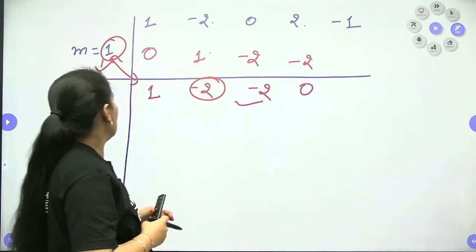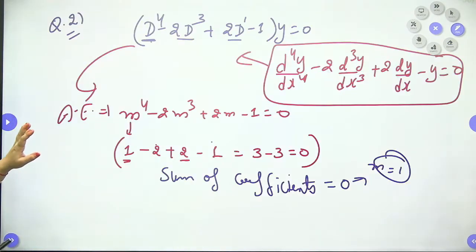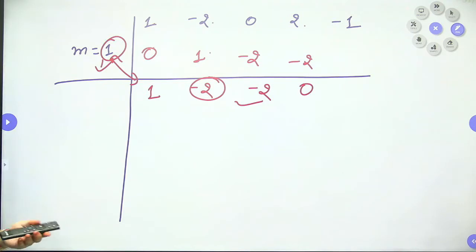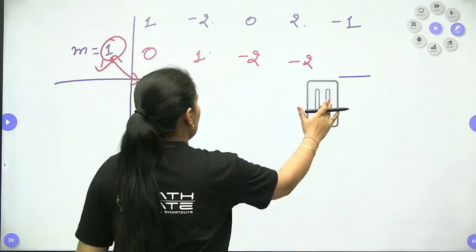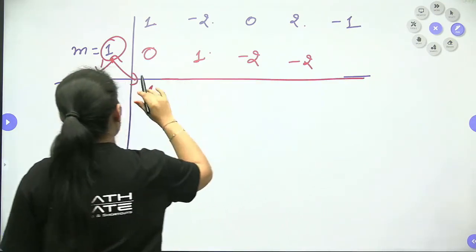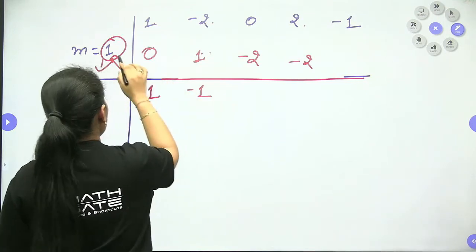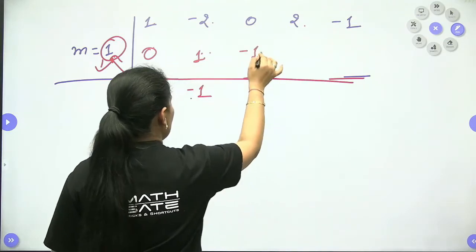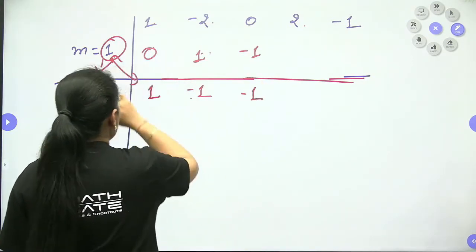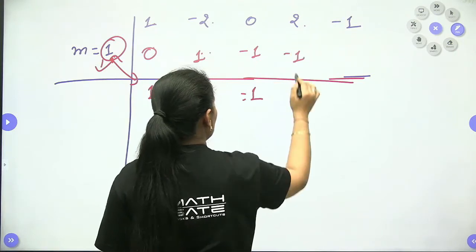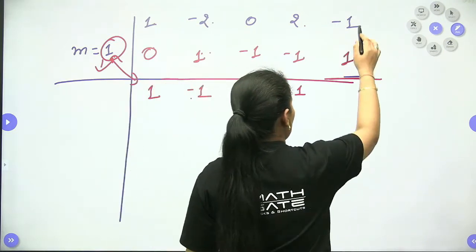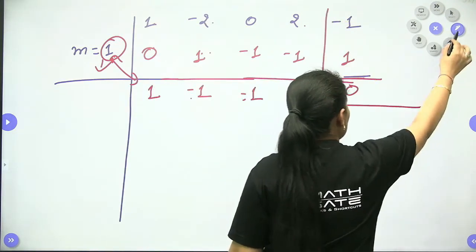Okay, just focus on this one. Sorry, it's my mistake. We have to do addition, not multiplication. Sorry guys. So minus 2 plus 1 will be minus 1. Then 1 into minus 1 will be minus 1. Hence 0 minus 1 will be minus 1. 1 into minus 1 will be minus 1. 2 minus 1 will be 1. So 1 into 1 will be 1 only. Minus 1 plus 1 will be 0, so it will cancel out.